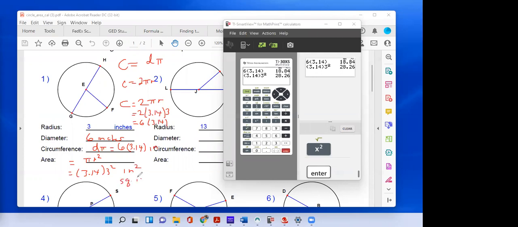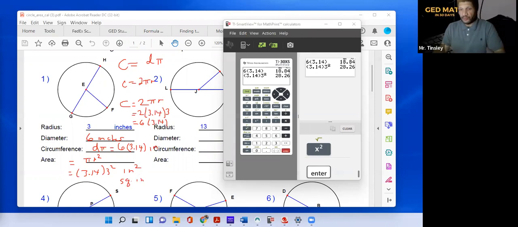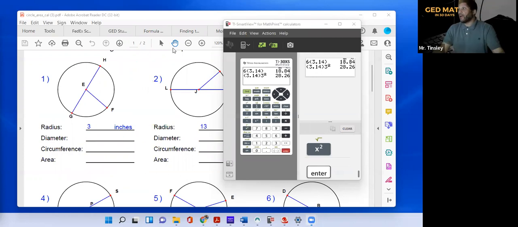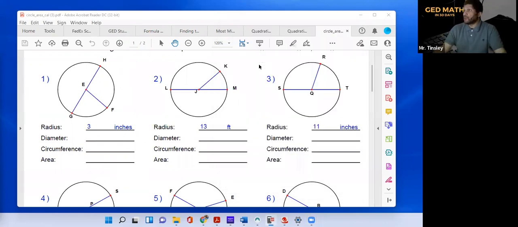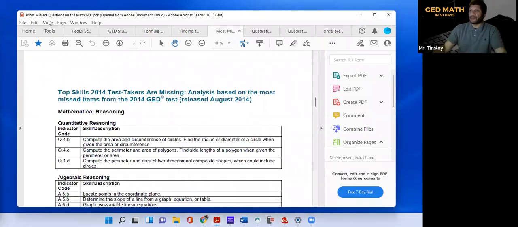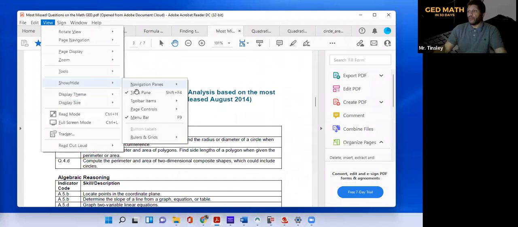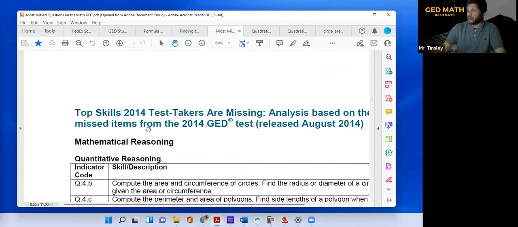Okay. Everybody should be familiar with how to solve the area and circumference of a circle. But guess what? That's not how they're going to give it to you. So let me show you how, and I'm going to prove it to you. Most missed questions. Look at this. One of the most missed questions